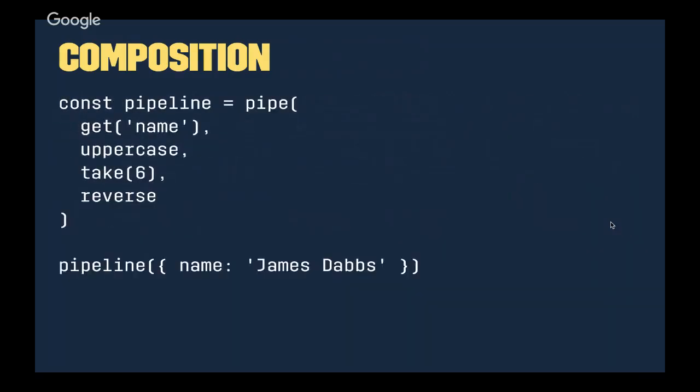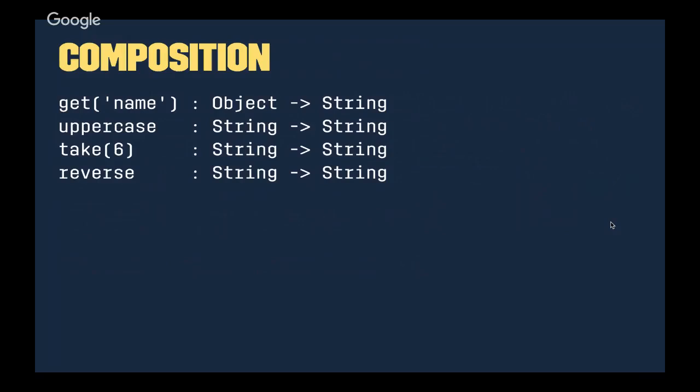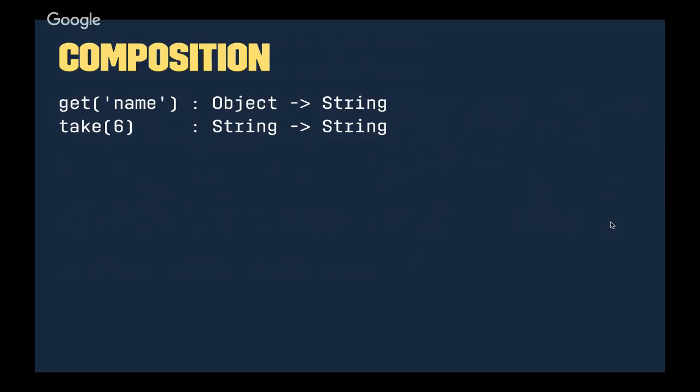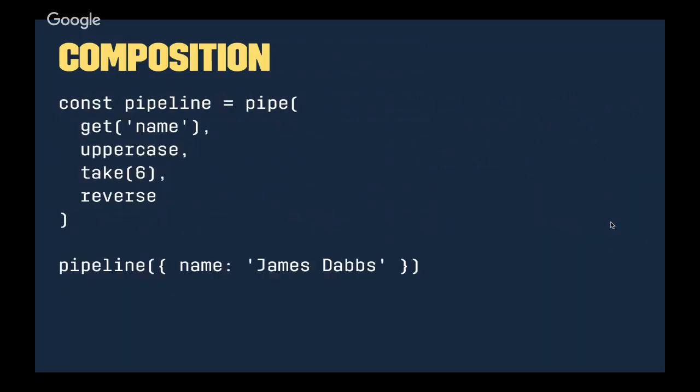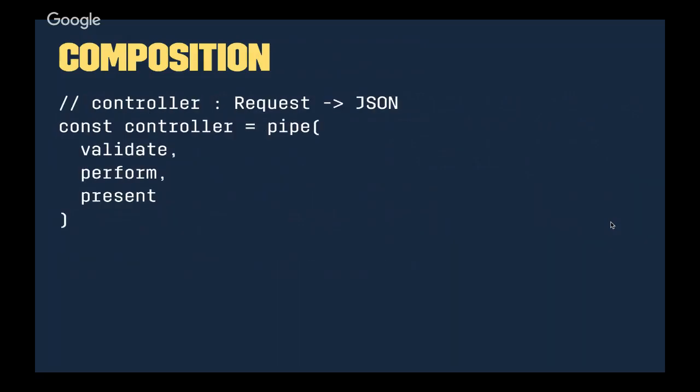Okay, so this is all good for a relatively contrived example of just formatting a whole bunch of strings. For this framework to be of any value at all, you should be able to scale it up and use it for more complicated setups. I do more backend programming, so forgive me, but I'd like to think of a controller, a handler for a request to a server, built up of a pipeline of first validating the user input, then taking the validated data and performing some action, talking to a database, and then taking the result of that action and presenting it to the end user as HTML or JSON.